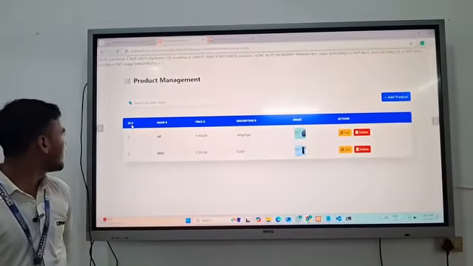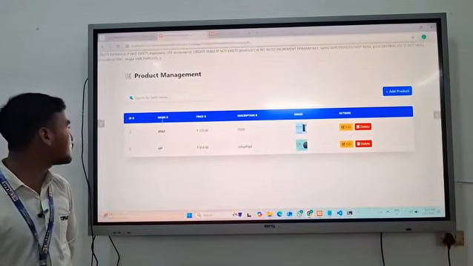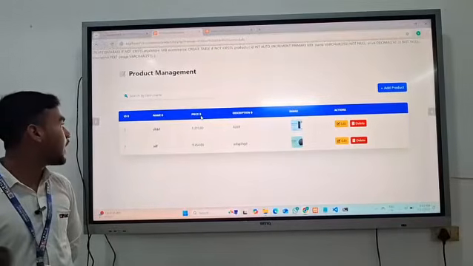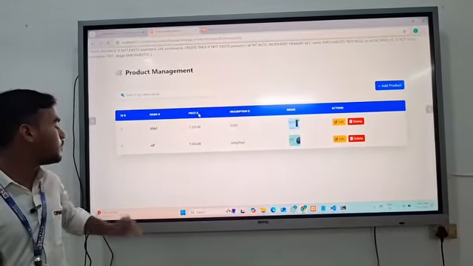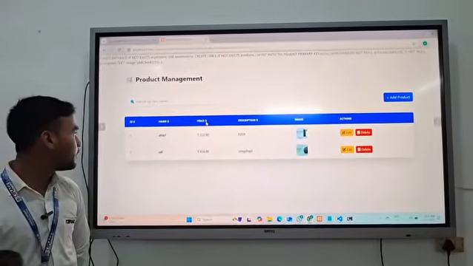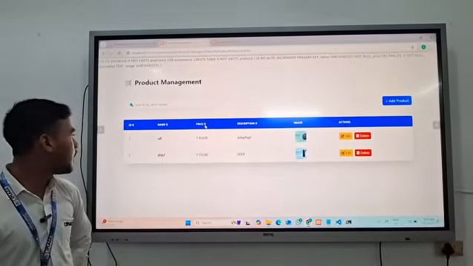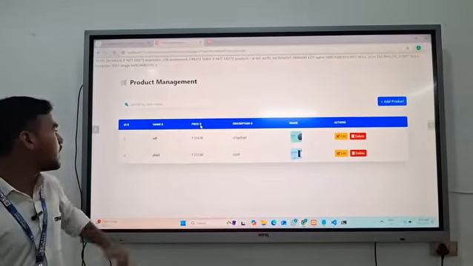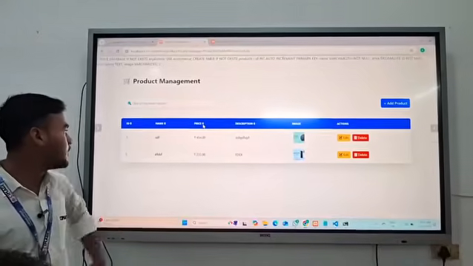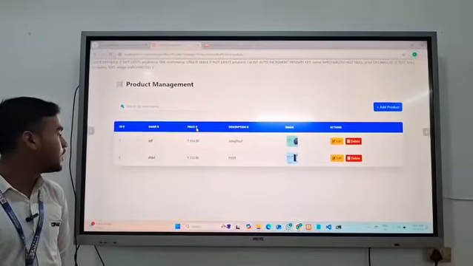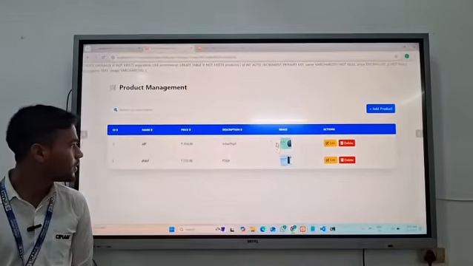See, if we want to sort the data from the high price to the low price, then we will click on the price. Then the products having high price will be sorted in descending order.